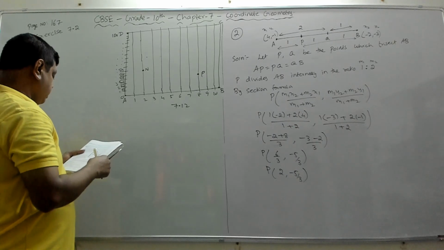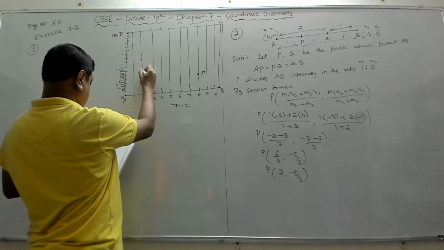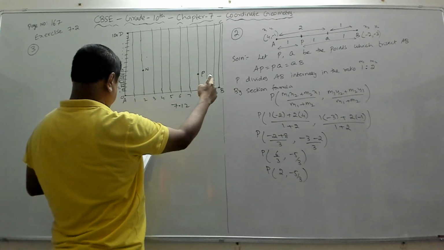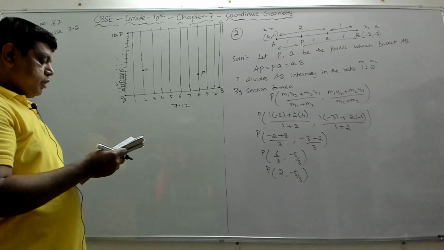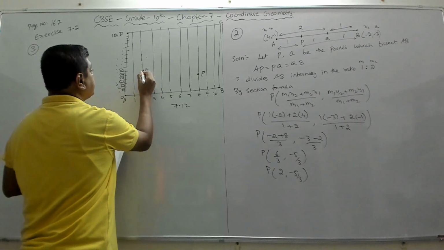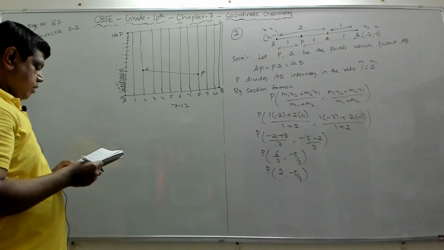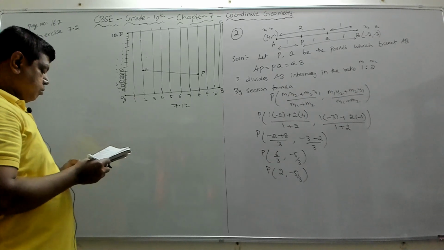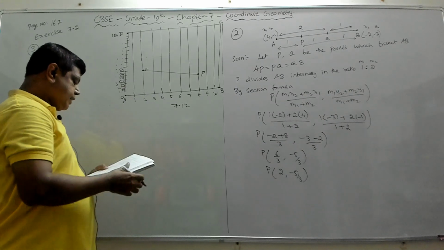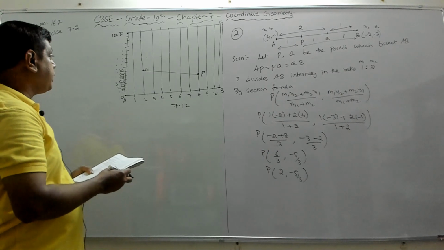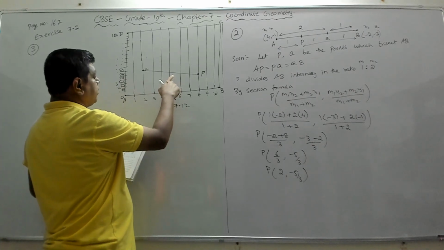Now they post a flag. Niharika posts a green flag here, and Preet posts a red flag here. Now what is the distance between these two flags? We have to find the distance between these two flags. If Rashmi, another girl, has to post a blue flag exactly halfway between the line segment joining P and Q, so exactly at the midpoint of these two.